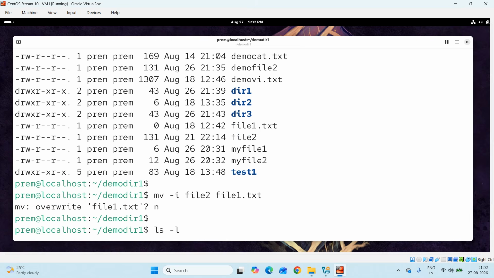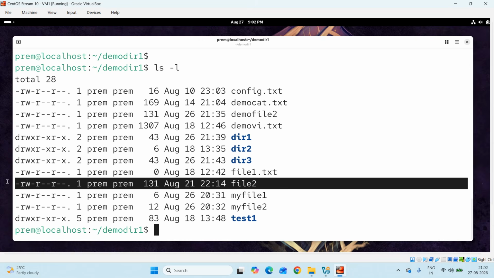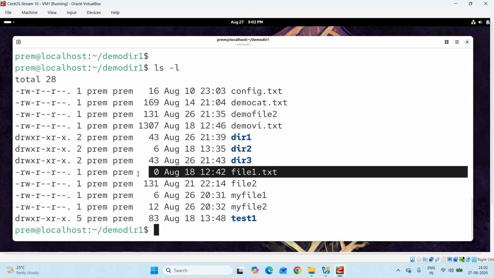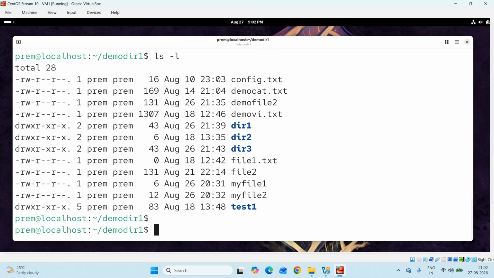ls -l. So file2 is still existing with the same name, and the target file, file1.txt, is also existing with the original contents it was having. Now if I run the command again, people,